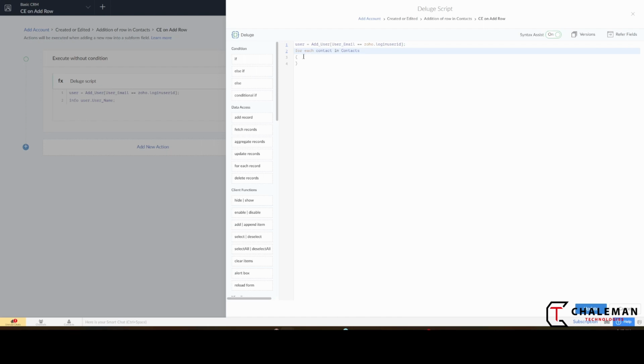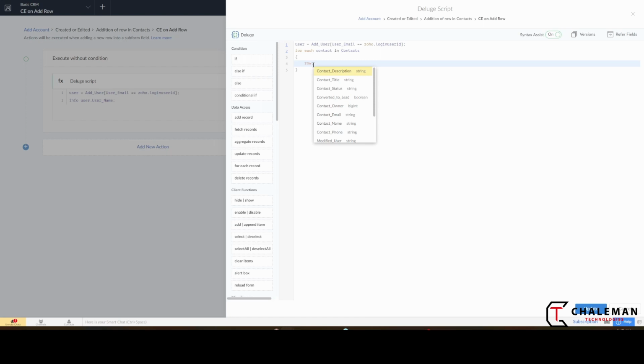What do we want to do? So we're dealing with rows in a subform, so you want to make sure that you declare a row. So what we will do is we will say row, dot, and now the fields that we want to set